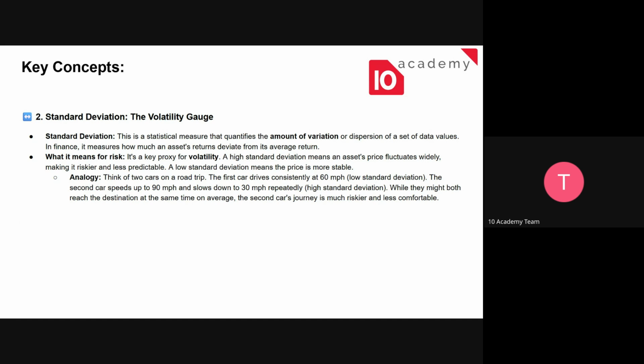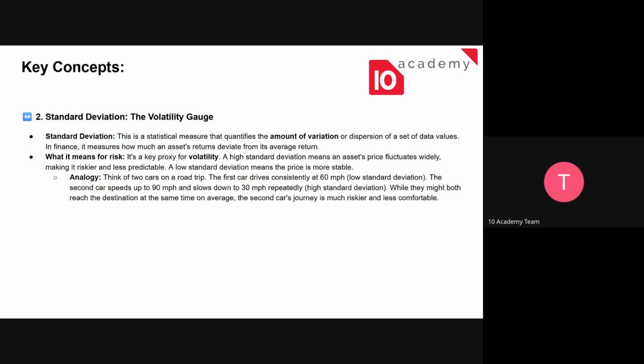So, for example, think of two cars on a road trip. The first car drives consistently at 60 mph, which is like the low standard deviation. The second car might range from 90 to 30 miles per hour. So the second car has a higher standard deviation. While they might both reach the destination at the same time on average, the second car's journey is much